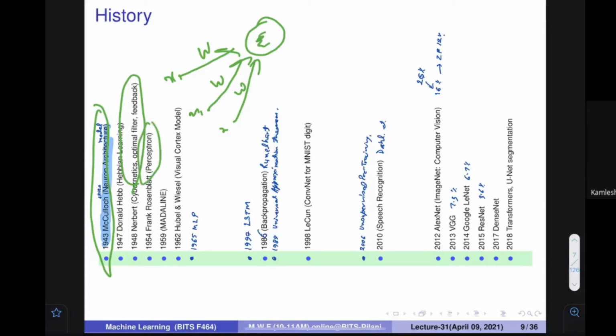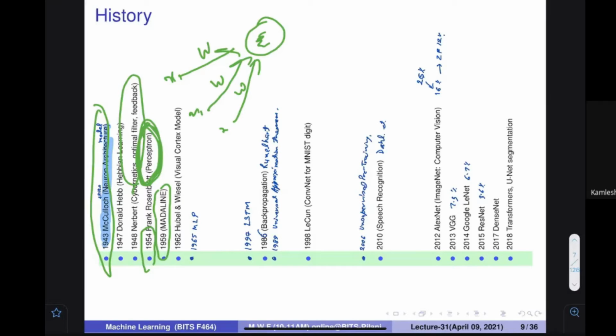And this actually led to the mostly used architecture of the perceptron that we use these days. It came around 1954. It is too old, and a few minutes back we were talking about the Medellin, the first perceptron-based learning system, which was developed to remove echoes from telephone lines.